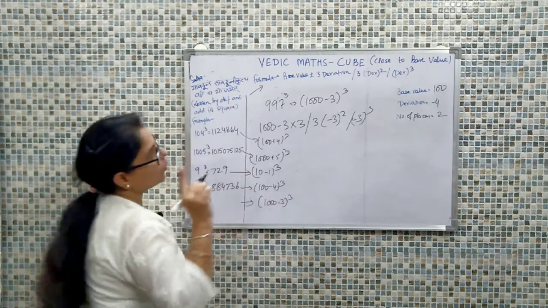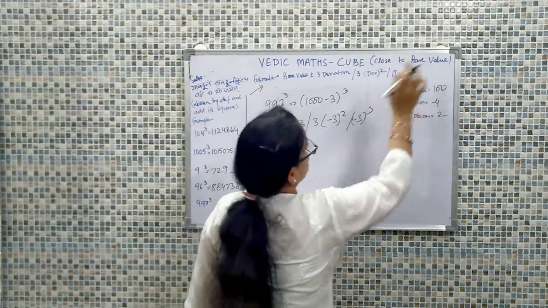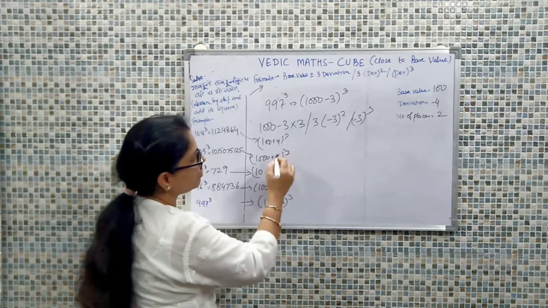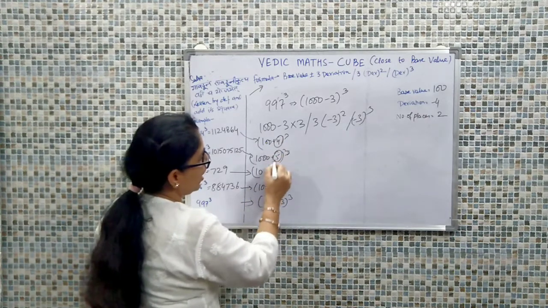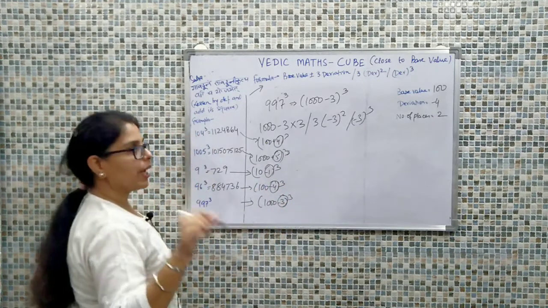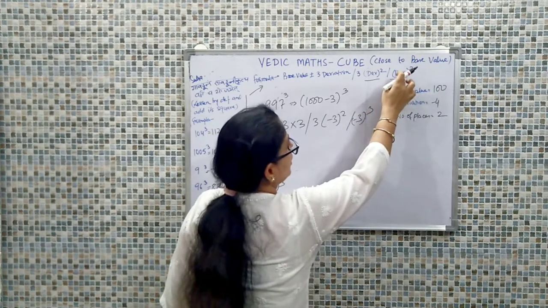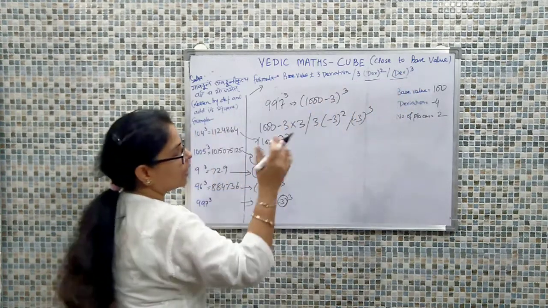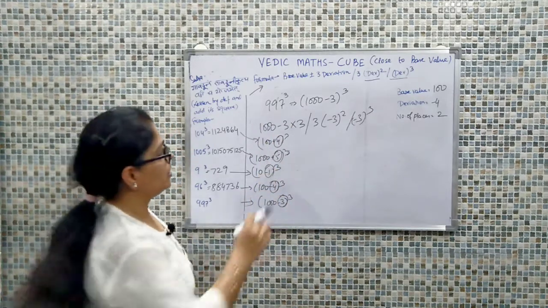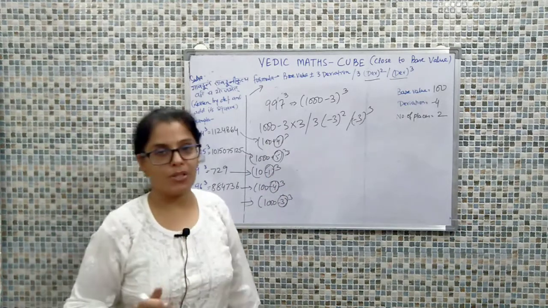So coming back, why I had taken up the issue that it has to be close to the base value: when we are close to a base value, these values are going to be relatively small, and relatively small will assist us to compute these values, because here we are calculating the cube of the deviation, and this trick will only be helpful when these deviations are smaller. So that was all about today's discussion.